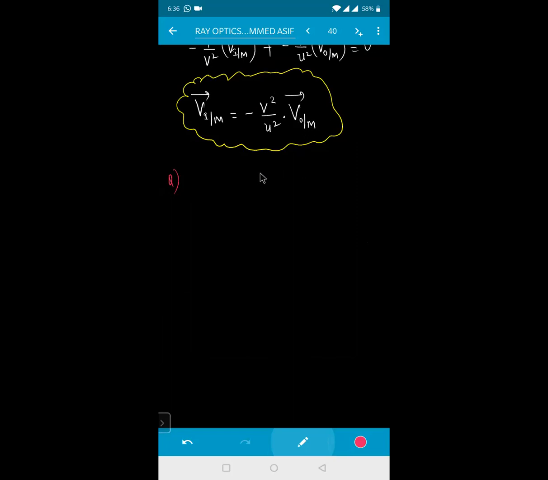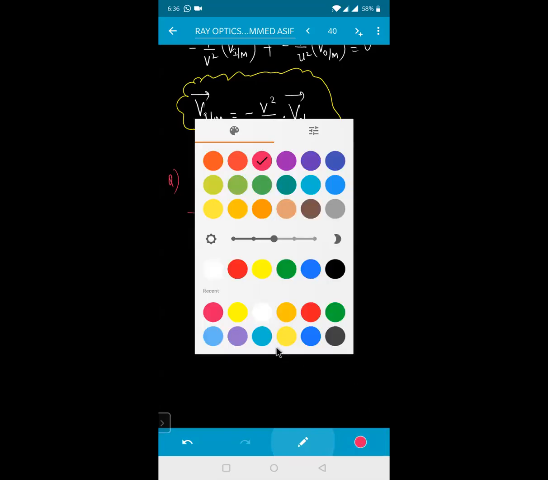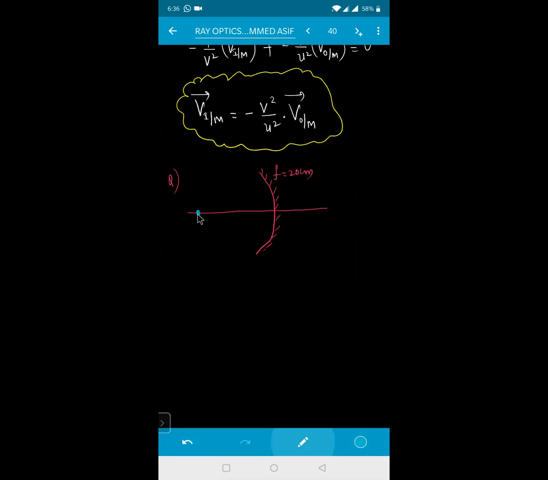Clear? Now say for example, I'm giving you a rough problem right now. Say for example, this is your mirror which has been silvered on the outer side, and the focal length of this one is, say, 20 centimeter. And this is your principal focus. On this one, there is an object which is being kept. Here is your object O. This object is moving in this direction with, say, 2 meters per second, and this mirror is moving in the opposite direction with 5 meters per second. And this object is at 60 centimeter from the pole. This is your pole.